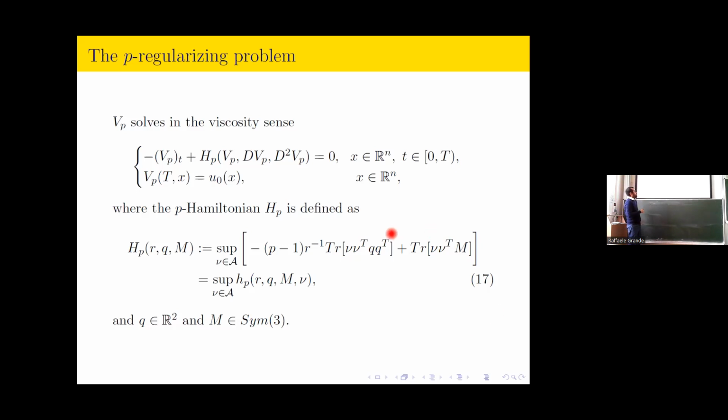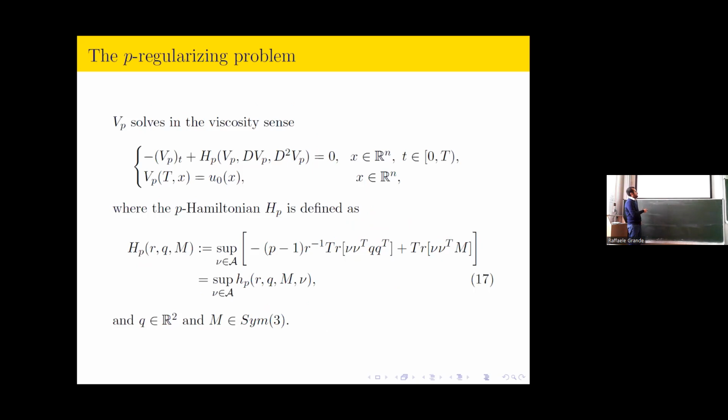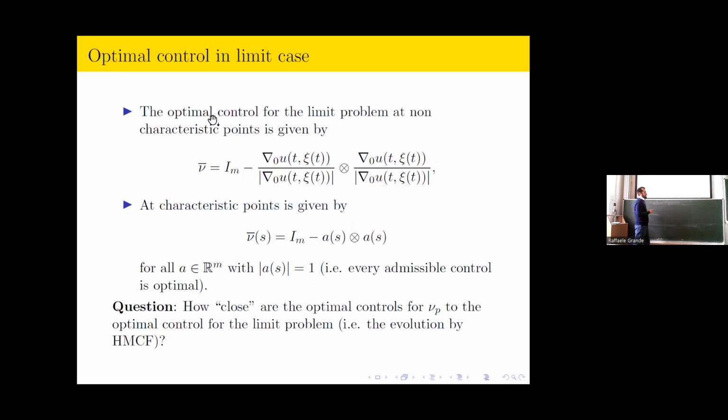So we have to consider this trace as much as possible in some sense, in order to overweight this term. Okay, the optimal control, since it's a problem of optimal control, in the limit case was proven by Dieter Koenig-Ness, and is given by the following control function. So we can take at non-characteristic points the identity matrix minus the horizontal normal tensor product itself,